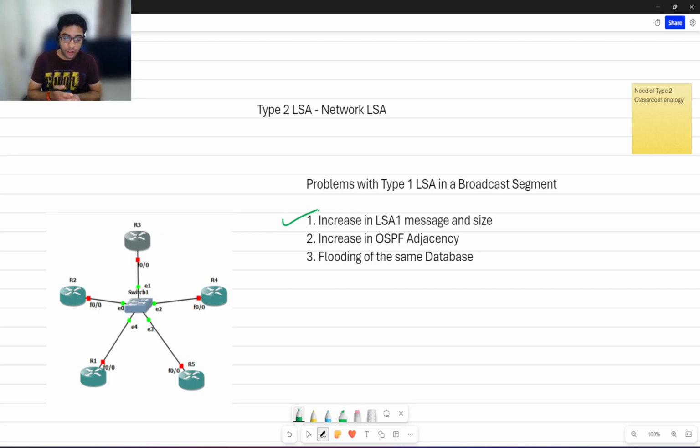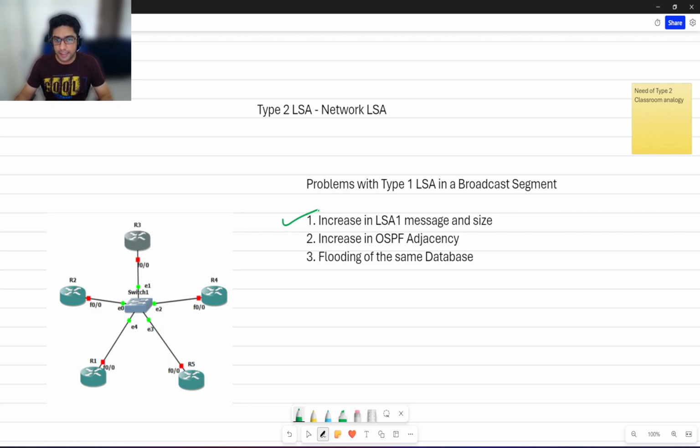R1 will share his database with R2, R3, R4, and R5, and so do all the routers. What is happening? Your size of the database is also increasing, and all of them have the exact same database, right? So that's one problem in your